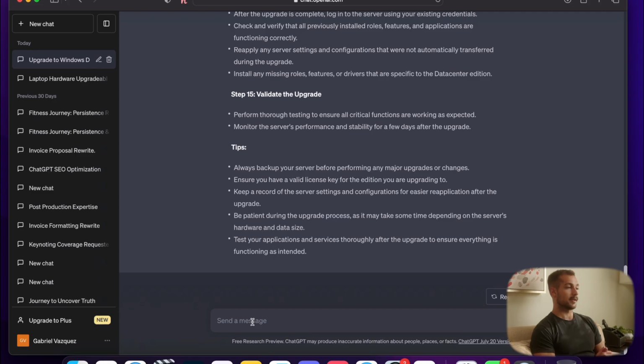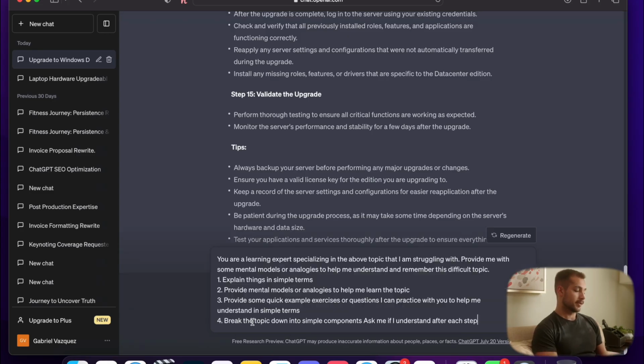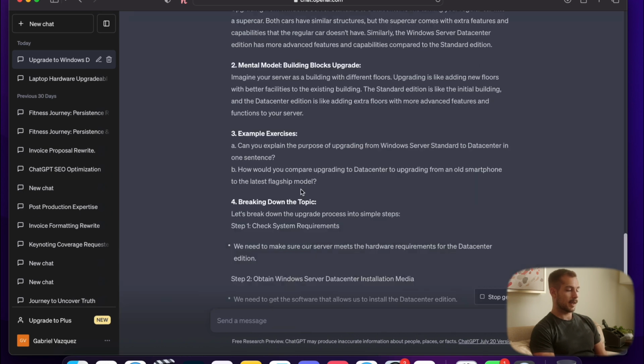Now, one of the best ways to learn something is through working examples. So rather than trying to reinvent the wheel, using examples of things that have already worked is a good way to start. So for the next prompt, we're going to input that into GPT. Provide me with some mental models or analogies to help me understand and remember this difficult topic. And instantly we get a